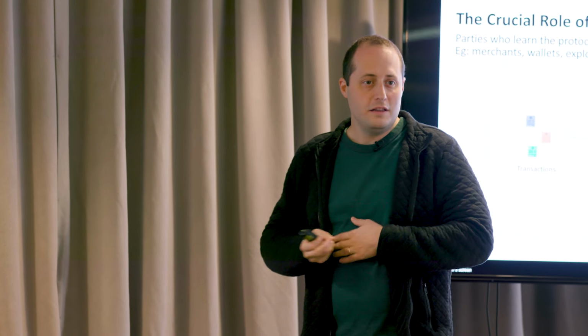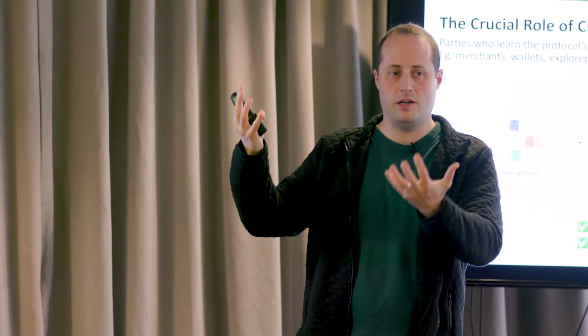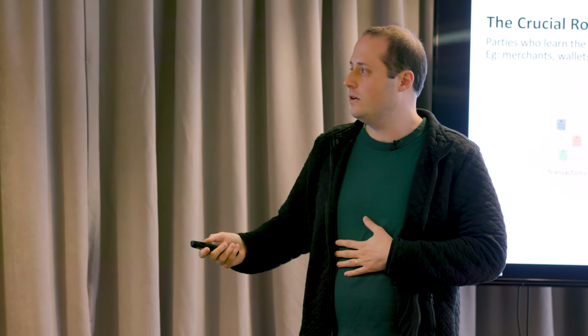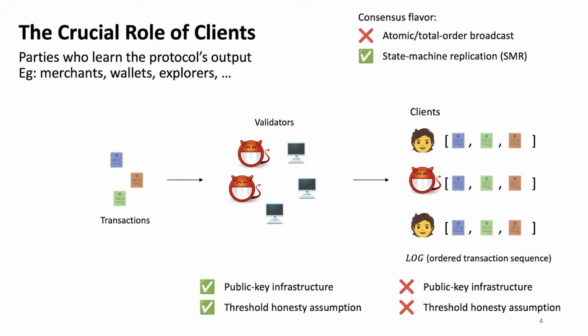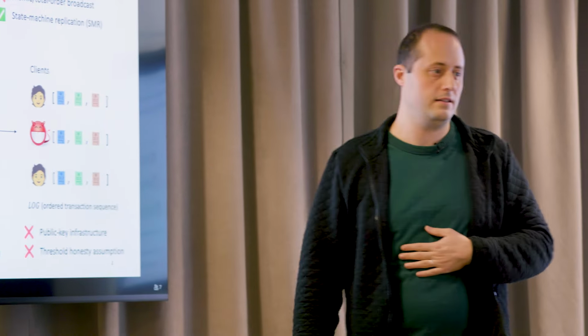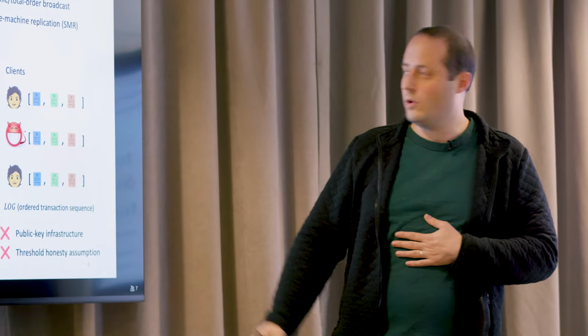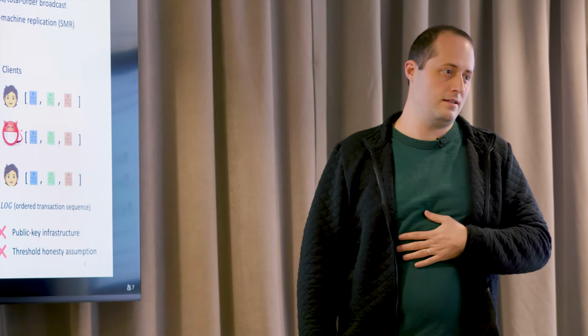The question that we opened up on the first slide, or the second slide, about the resilience becomes clear and explainable once we look at what assumptions we make about these clients. We've discussed very early on that there could be synchronous networks, there could be partially synchronous networks. That's usually about the communication among the validators. But what about the communication between the validators and the clients? What about the communication among the clients?